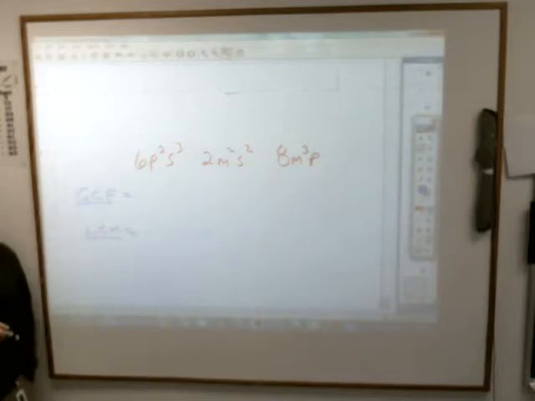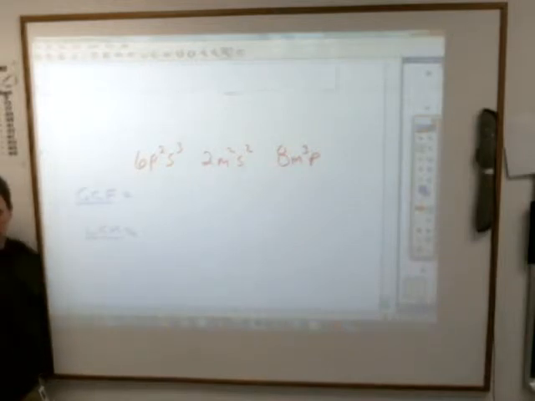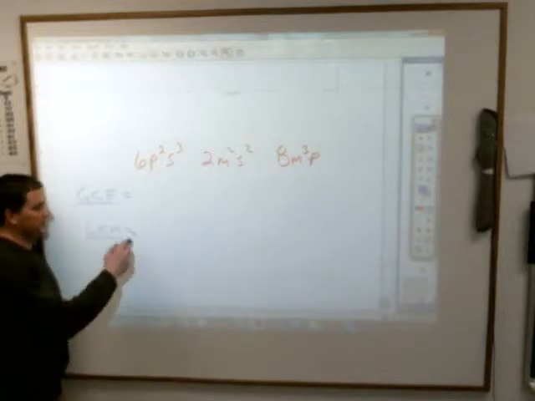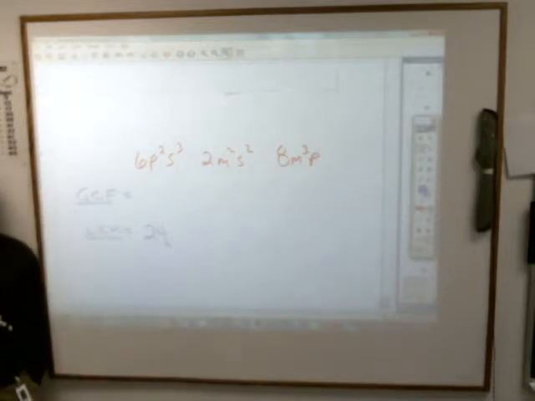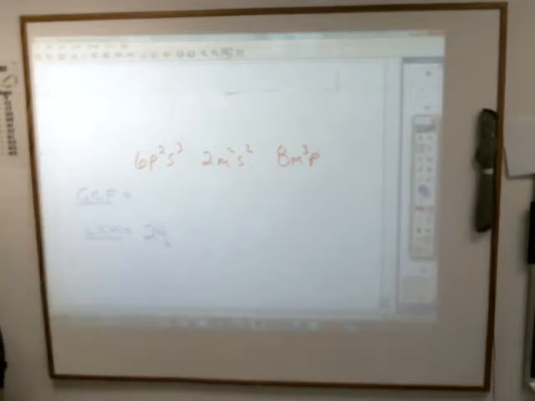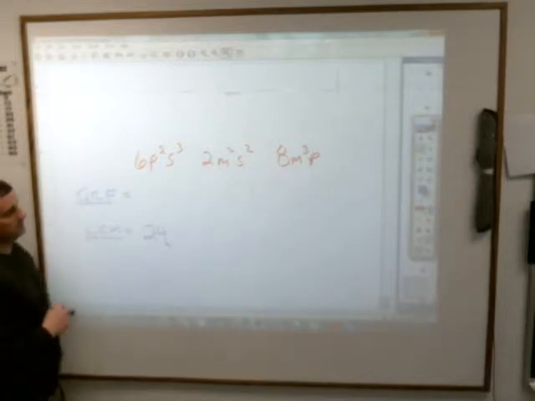Least common multiple first. Again, I don't expect that you really need to draw out all of those. What's the least common multiple of 6, 2, and 8? No, that's a factor. Least common multiple, multiple, not factors. 24. I believe 24 is correct. What about the letters? The groups that have the most would be